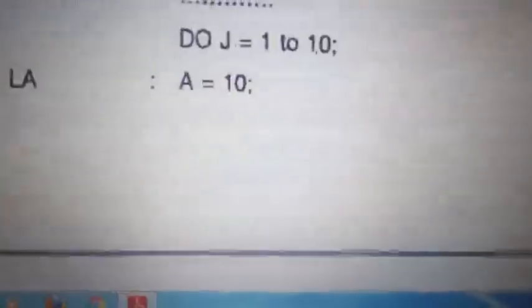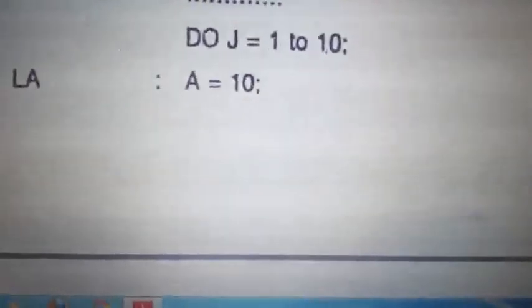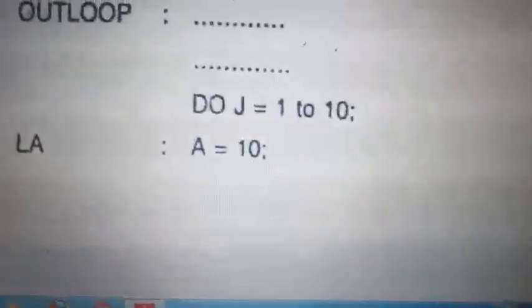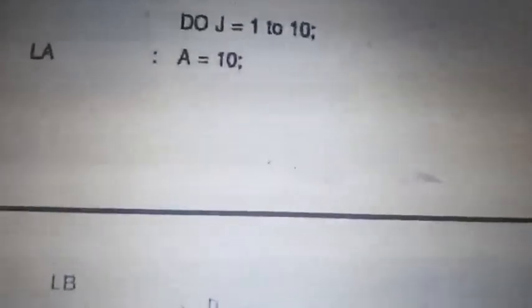Then c is equal to c plus 10, which needs to be repeated. But the initialization a is equal to 10 repeats 10 times, which is of no use. A is not used anywhere; it is not used for an increment like c, and it is not used in an expression. It is simply assigned 10 times whenever the loop runs, so it wastes time. Instead of doing that, put it outside.